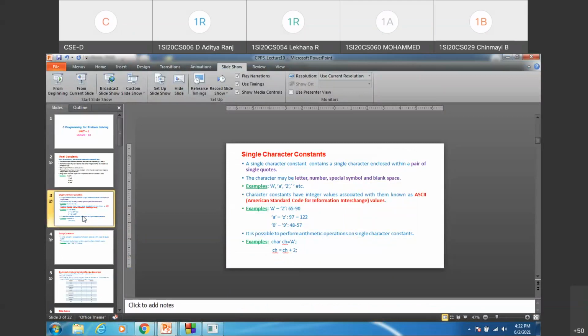So this is about single character constant, and if you want to perform any arithmetic operations on single character constant, that is also possible. Since a character is associated with an integer value, if I want to add some integer constant to a character constant, that is fine. If I want to subtract or do any manipulation to that character constant, that is possible. So just observe in this example, I have declared a variable ch of character data type